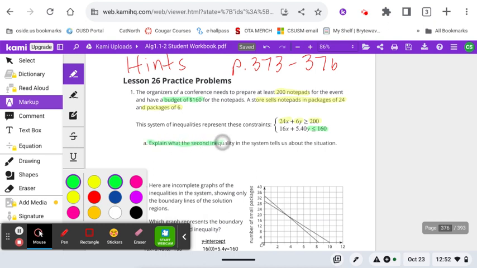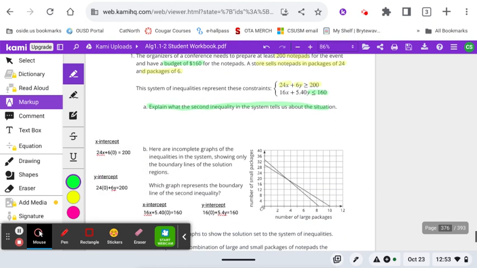So it says explain what the second one means. So obviously this one's talking about the budget. And so what do you think the 16 mean? And what do you think the 540 means? Answer that in A. Next, it gives an incomplete graph of the inequalities in the system showing only the boundary